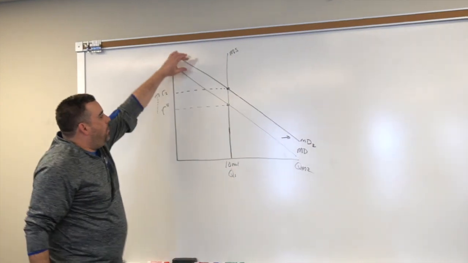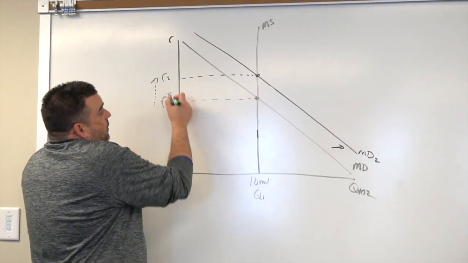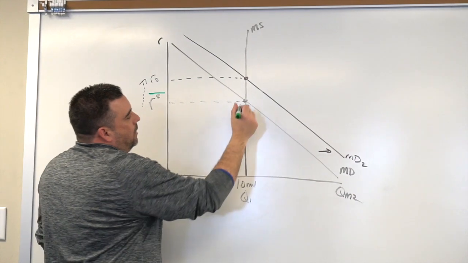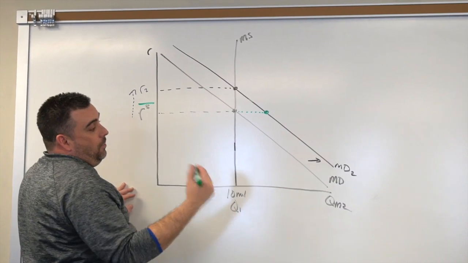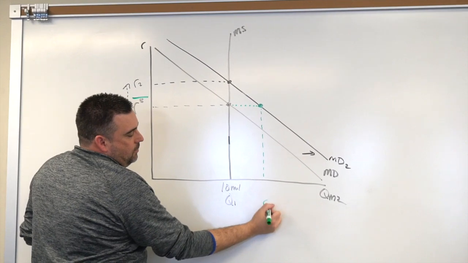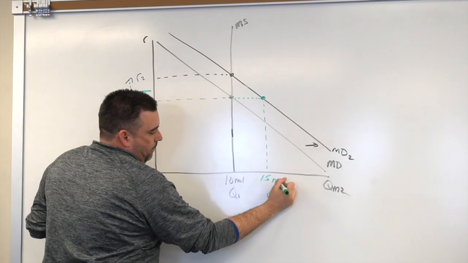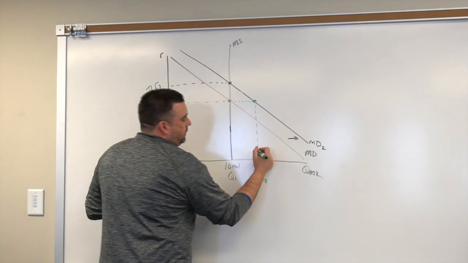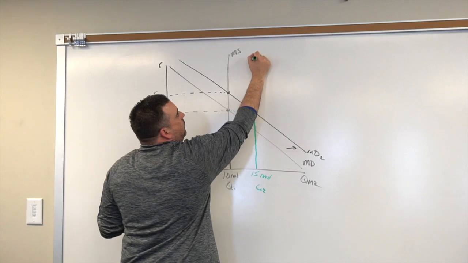Well, if the Federal Reserve says, no, we want R star, that's the interest rate we want, but society is now operating at MD2, at money demand 2, the Federal Reserve can look at it and say, well, there is an ordered pair combination of R star, if I wanted to keep it constant, just put a bar over it. If I wanted to keep it constant and this new money demand, how much money would we have to supply, to some Q2 amount, to keep R constant? Maybe it's, I don't know, 15 million. These are made up numbers. And if that's how much money they need to supply, they can release money from their vault into society and effectively shift